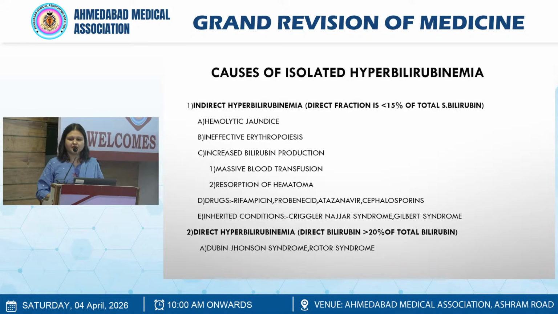First you have to define what is indirect hyperbilirubinemia. When the direct fraction of bilirubin is less than 15% of total bilirubin, it is called indirect hyperbilirubinemia. The causes are same, that is hemolytic jaundice, ineffective erythropoiesis, then increased bilirubin production by massive blood transfusion or resorption